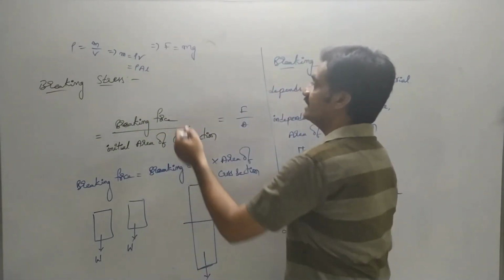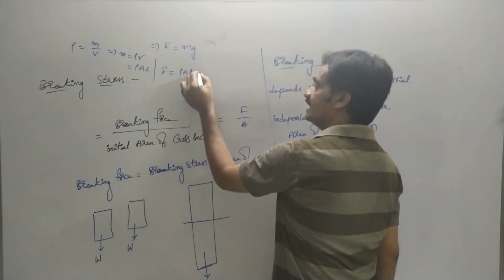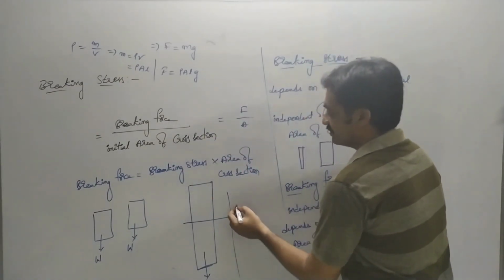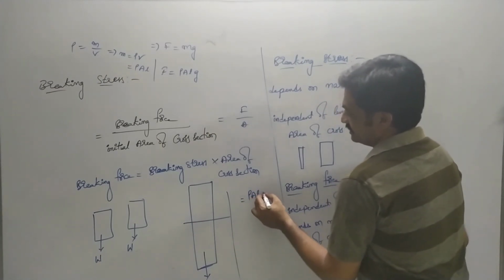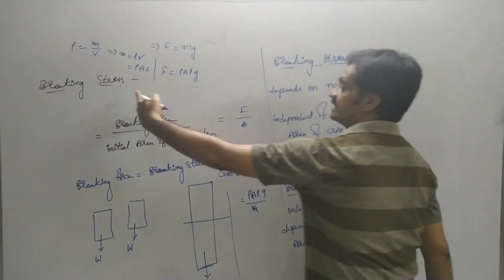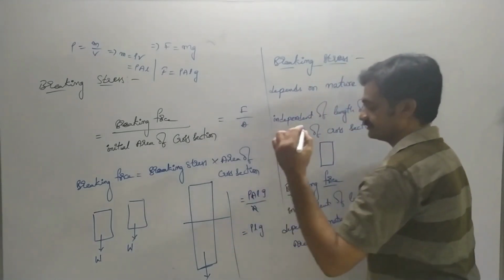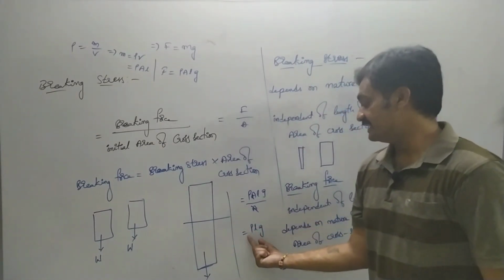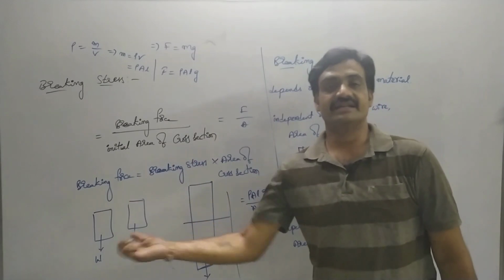If we substitute this value, then breaking force is given as F is equal to rho A L g. As we substitute this value in this expression, the equation is represented as rho A L g by A. Observe that A gets cancelled. Then breaking stress is equal to rho L g, where rho is nothing but density of the material, L is length of the wire, as well as g is the gravity acting at that point.